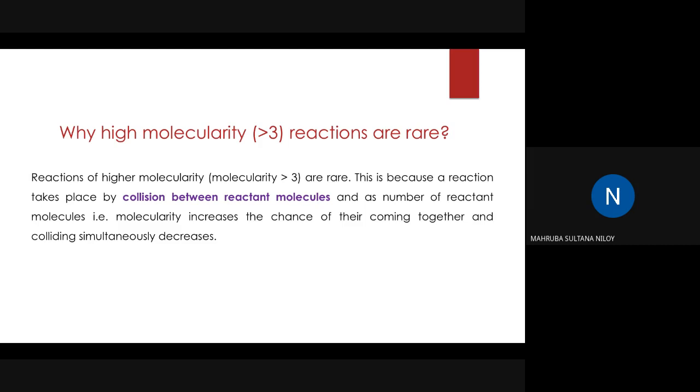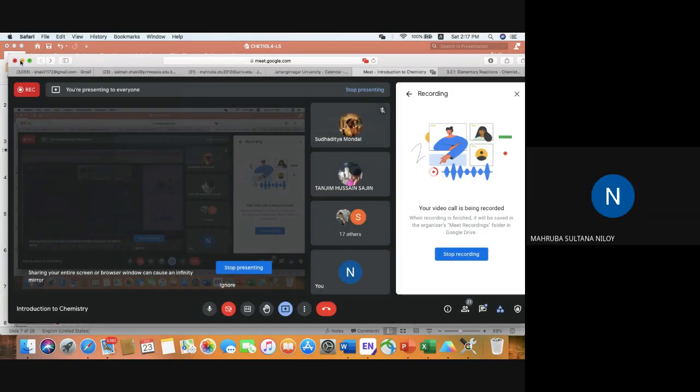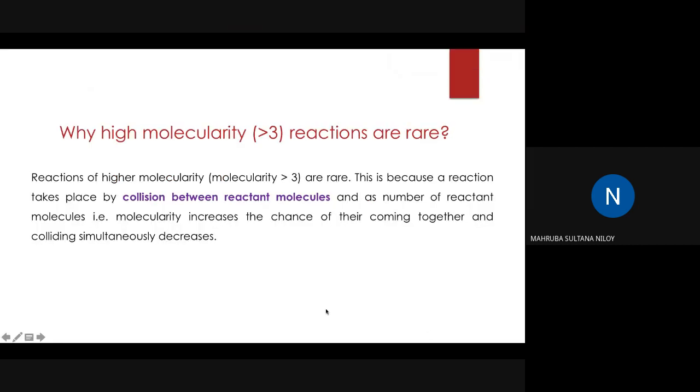Okay, is it clear? Yes, sir. So when the chances of collision decrease, then the chances of this reaction happening also decrease, right? So that's why